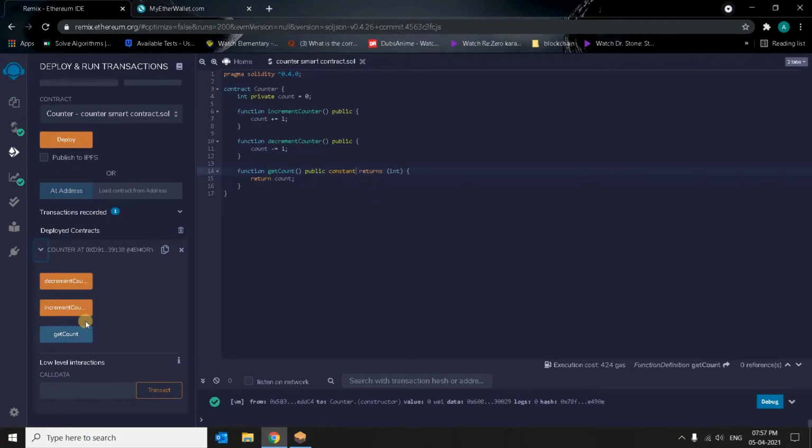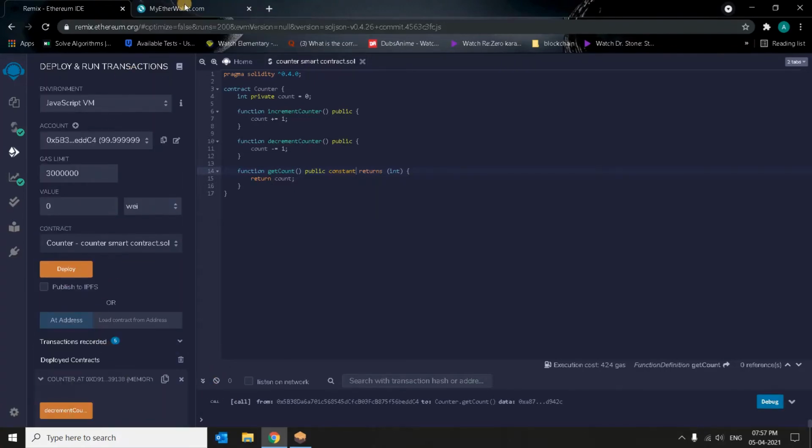We can click on them and use the data. Now increment. It has been executed. Get count. Now it's 1. Increment again. Get count. It's 2. Increment again. It's 3. Decrement, 2. Like that, you can deploy it for demo purposes and see whether it is working properly or not. Now let's deploy it.